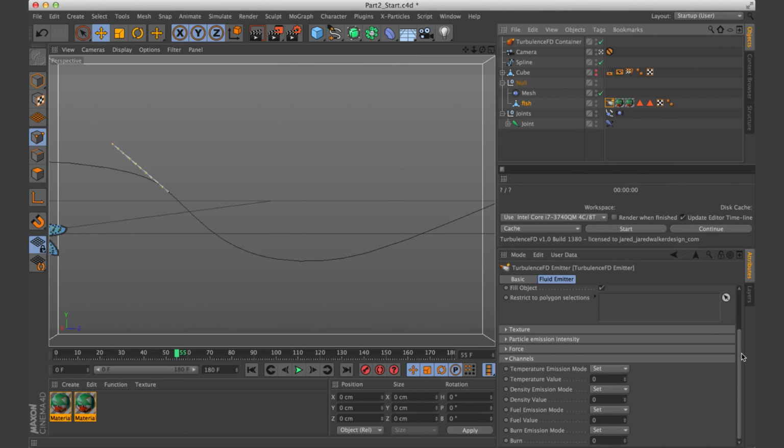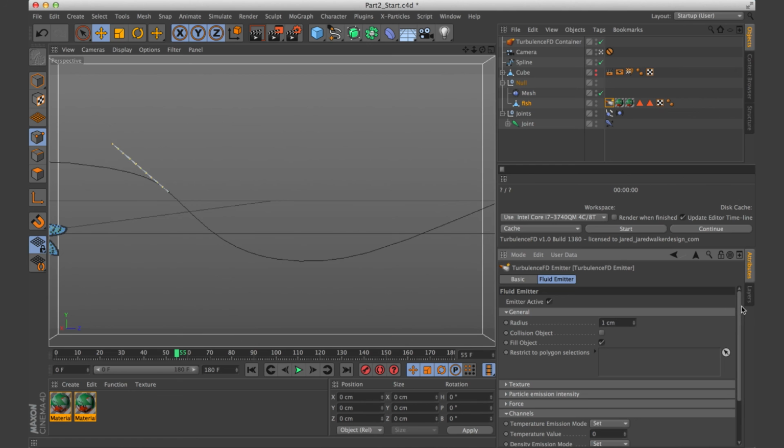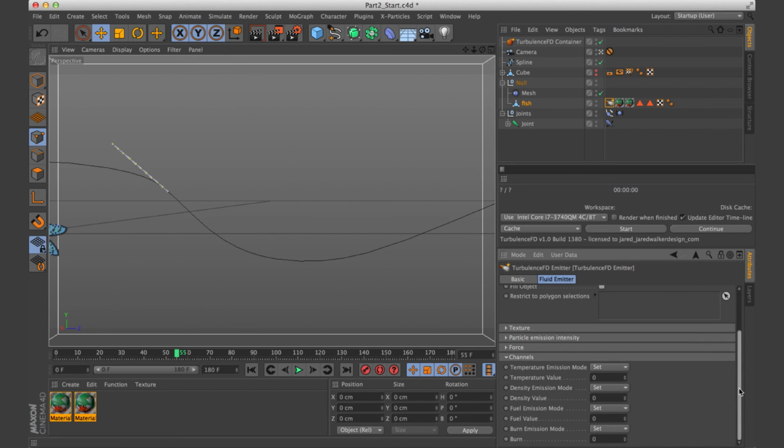And down here in the settings, you can see there's a fill object checked, and we don't want that checked because we don't want the smoke filling up our fish. We just want it to come off of the outside. And then if we go down, we'll want to set the density value to 1 and leave all the other ones as 0. So now that we've done all the settings, we can actually go back and run our simulation and see what's going on.